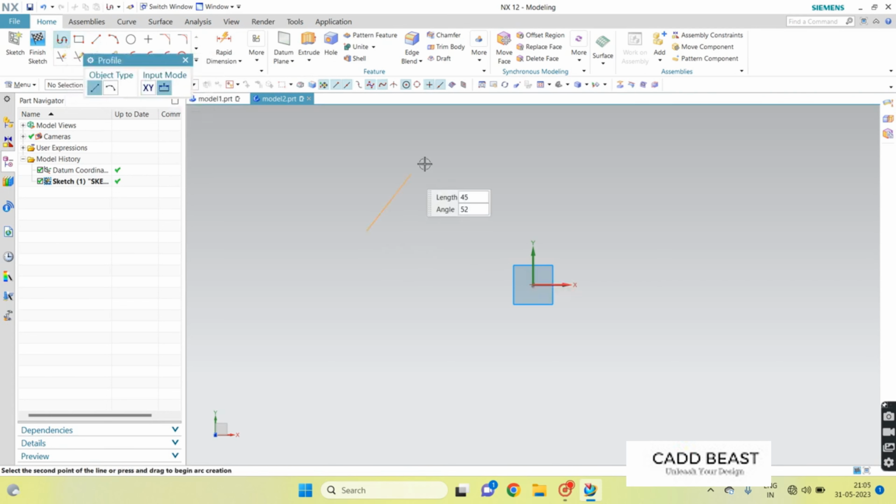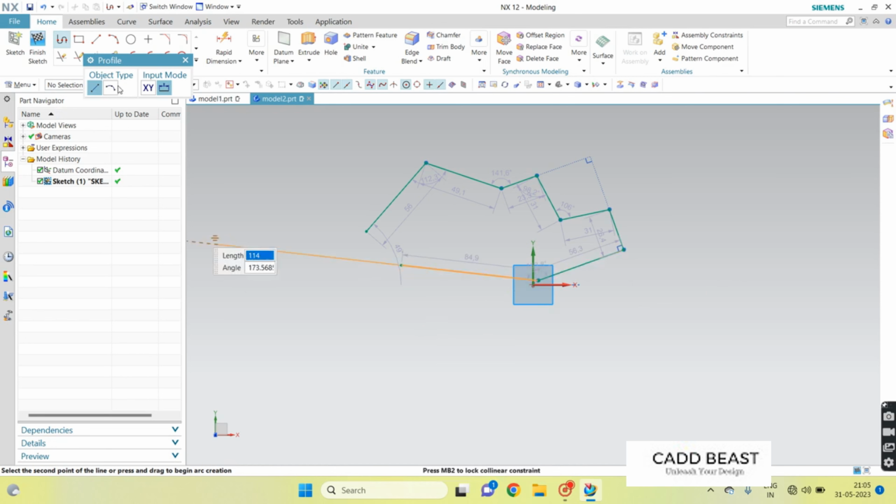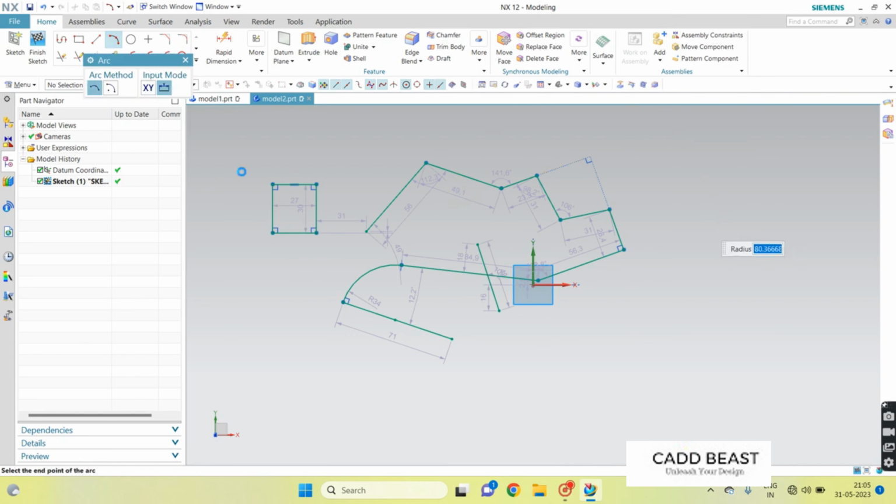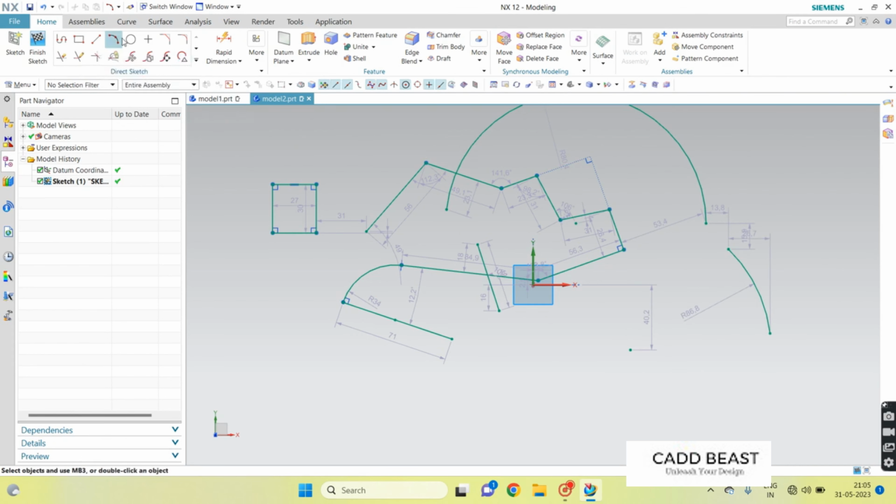So this is profiles, the way we can do any profiling, or we can convert these into any curves. The second thing is rectangle, lines, curves, the two types of curves, center curve and 3 points curve. Anyhow we can use as per our requirement: circle,